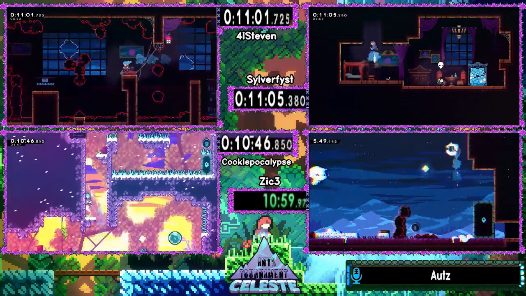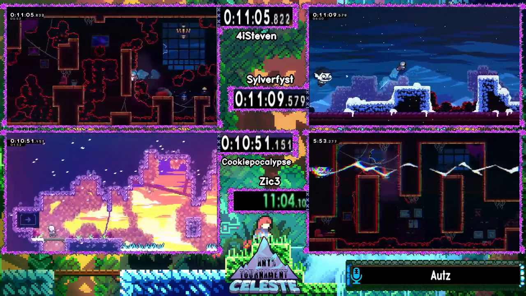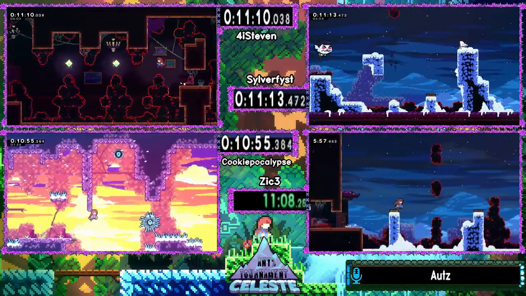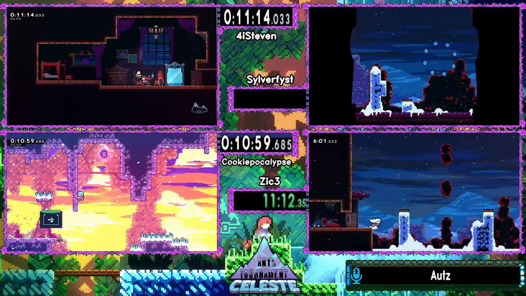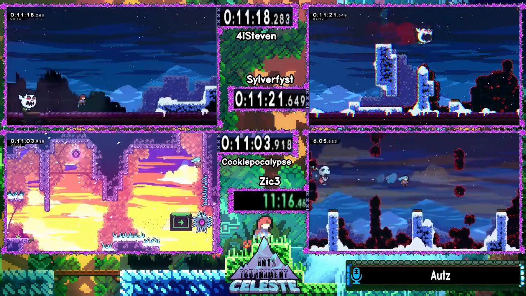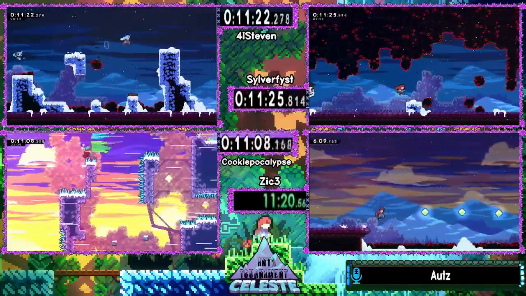And it looks like Silver has now pulled ahead of Steven, even with the unsyncment of his timers. It looks like RTA he's pulled ahead by quite a bit. And we see Zic now, he's really brought himself ahead of the other 2 racers. And Cookie now is